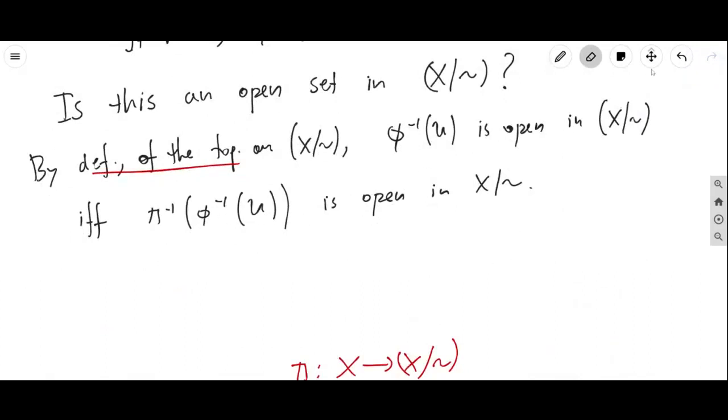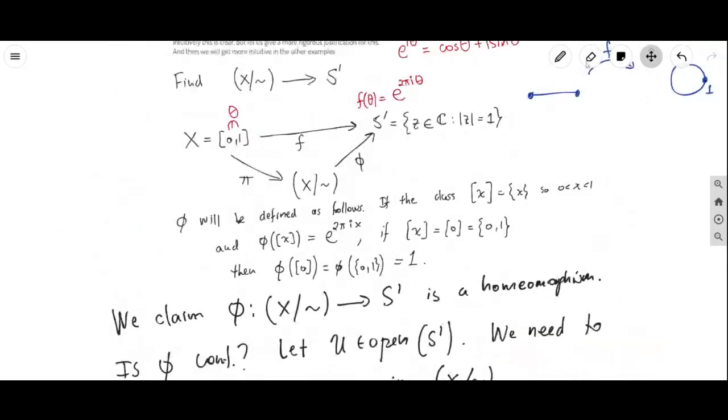So we have our open set. We're pulling it back by phi, and then we're pulling it back by pi, right? Pull it back by phi, pull it back by pi. So is that open? By the diagram, that's the same thing as this, right? So you have an open set, you pull it back,